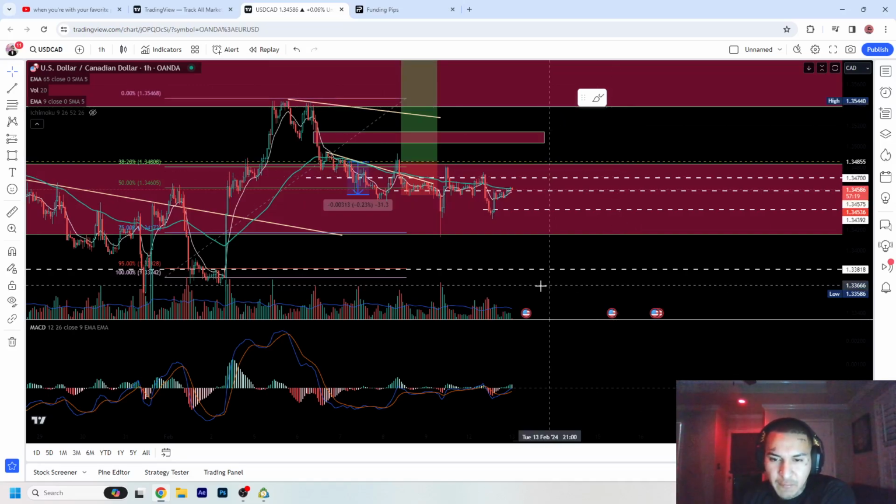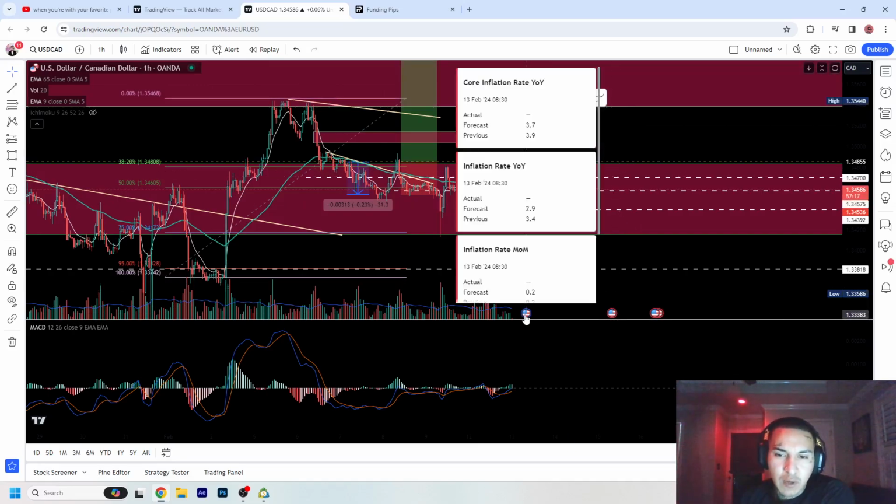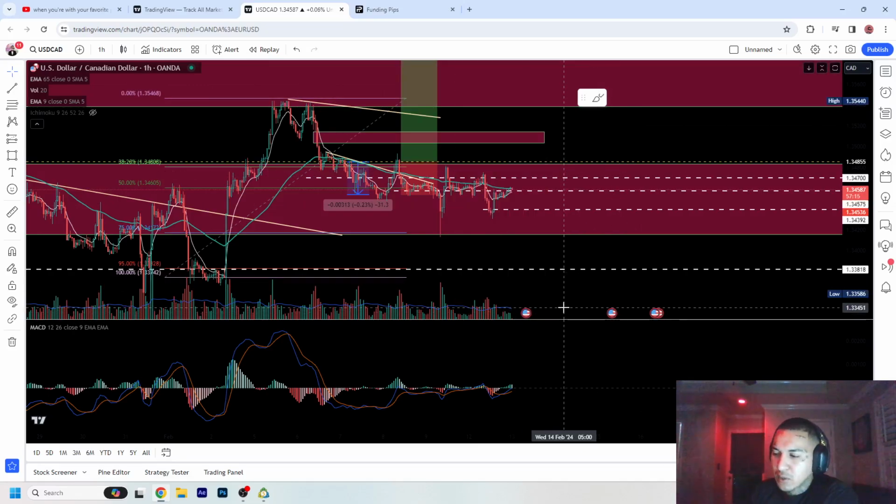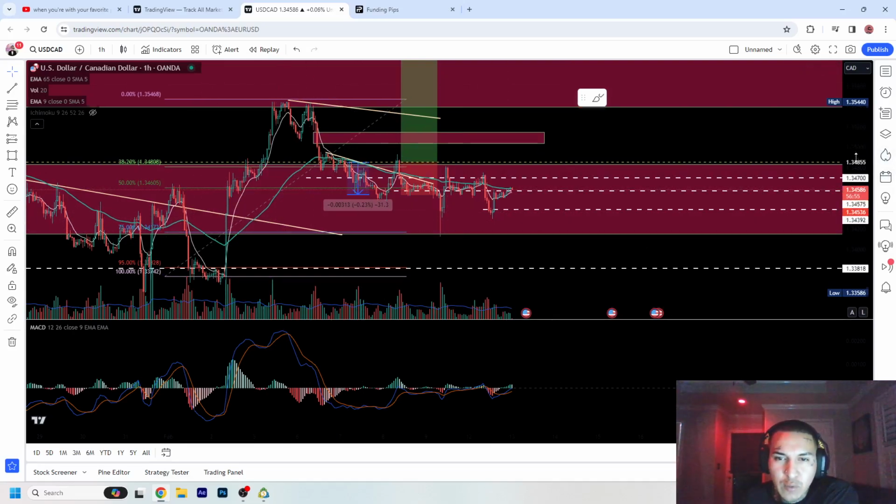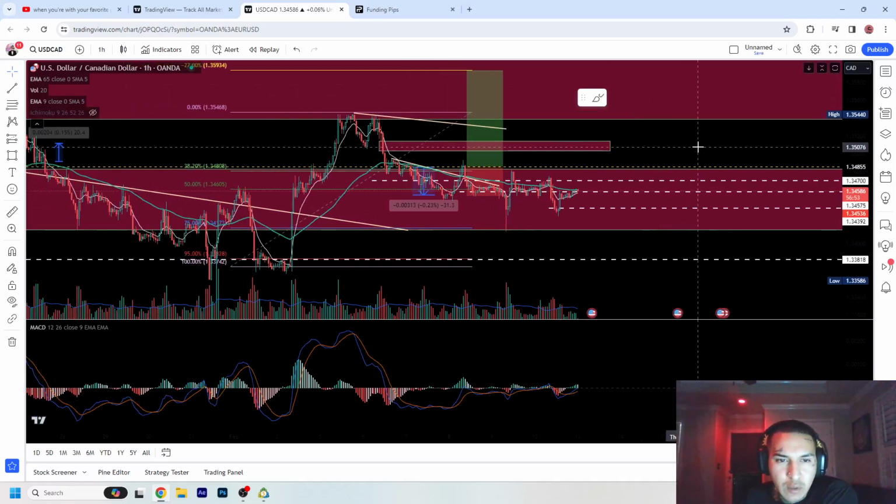If we have a high inflation, I think the demand of the dollar will increase due to the reason that we have a strong economy other than other economies. So that makes investors wanna get some of the dollar. So let's go right here. Let's do a little review on USD CAD. Why I think it's gonna go up.